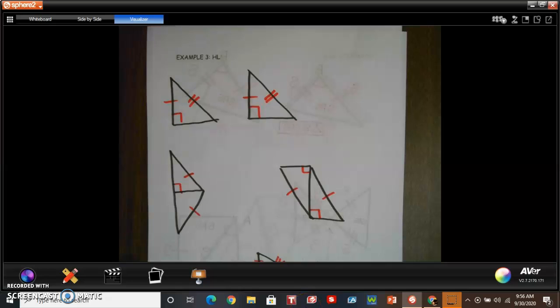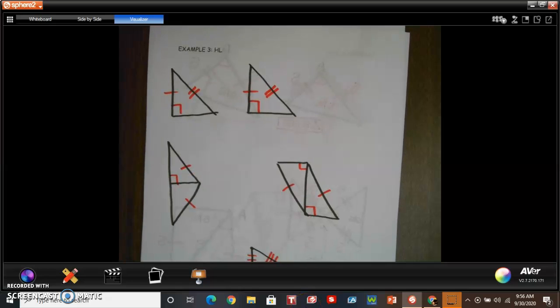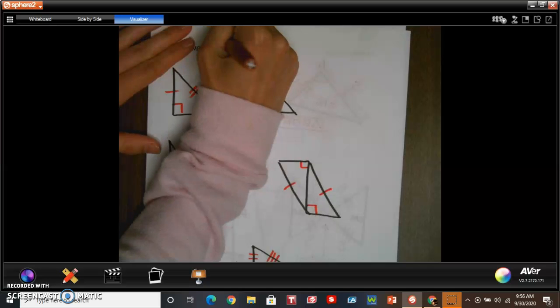All right, so this is part 2. So we're going to continue talking about triangle congruency. We're on example 3 of our notes, and this is HL. Remember that this is for right